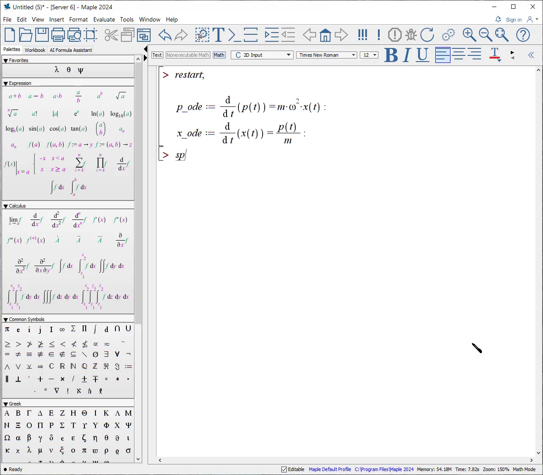To get the solutions, I say solutions := dsolve, and then I give it the set or list of equations, P_ODE and X_ODE. You could put in the list of variables and some options, but in this case, since P and X are the only variables that depend upon time, Maple will immediately figure out that these are the variables to solve for. If we add some initial conditions,